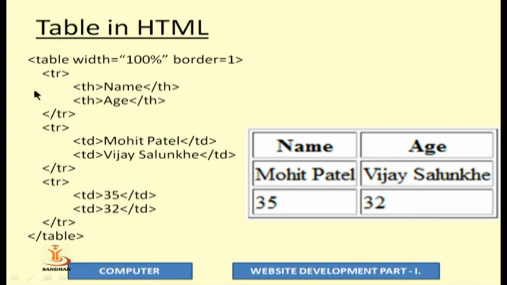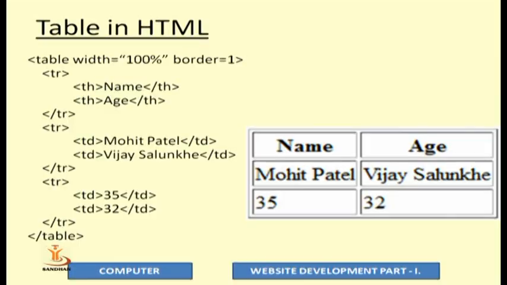In the table tag you have to write the tr tag for your table row. So this tr tag represents a table row. Here I have written tr. Then in tr you have to use either th or td. Now when can you use th and when can you use td? Normally in a table, the first row is always called the heading. So our first row represents the heading, so you use table head, the tag name is th, and the subsequent rows come with table data, so td.